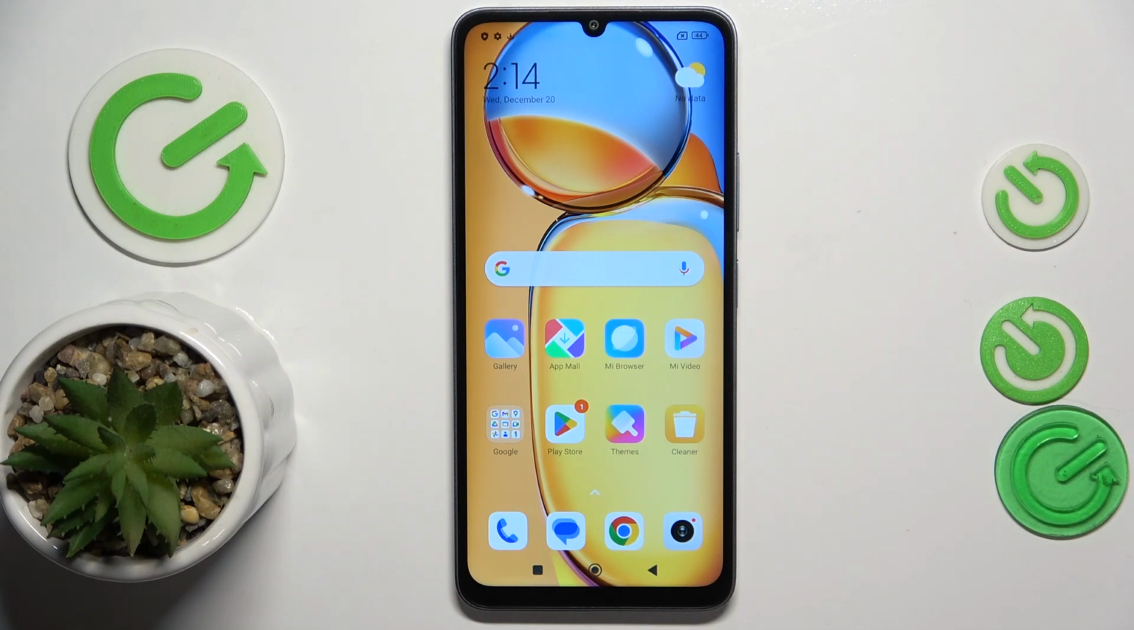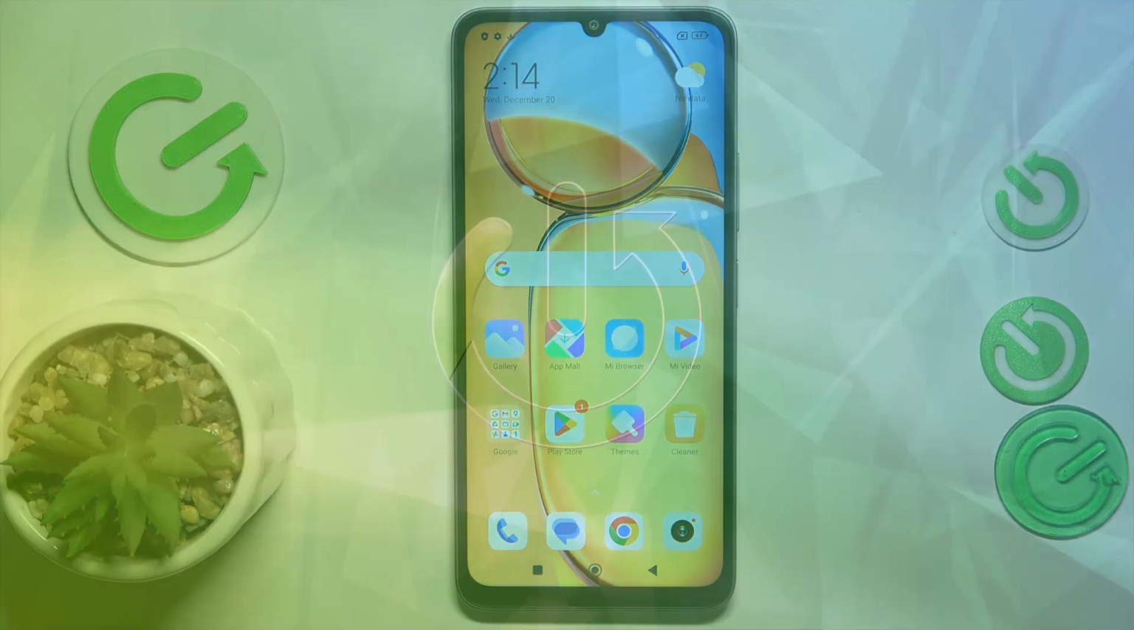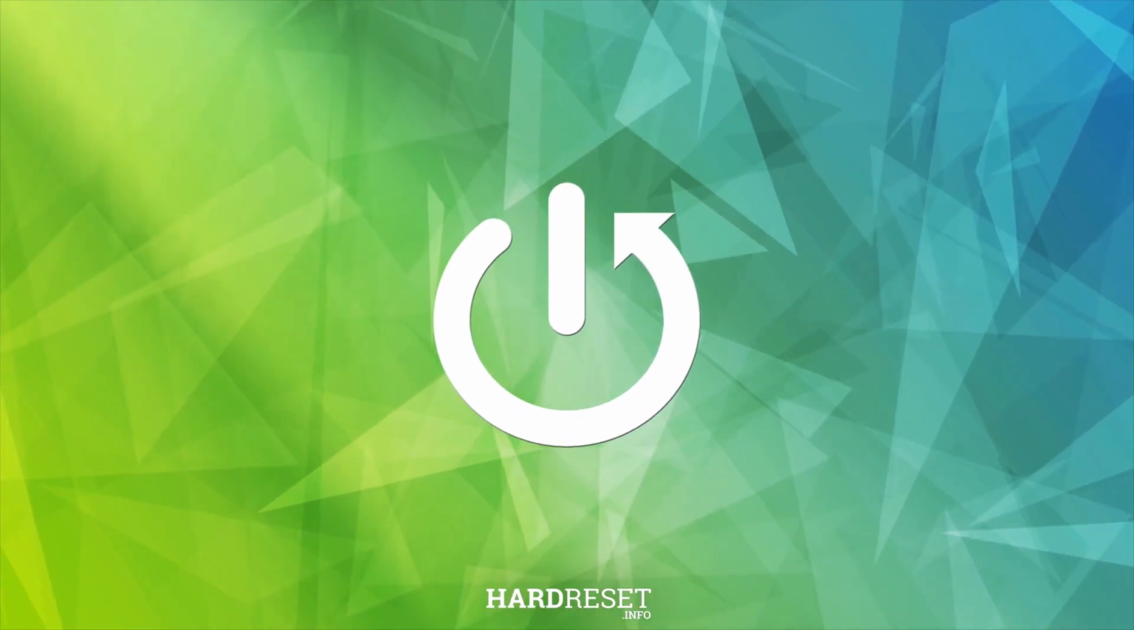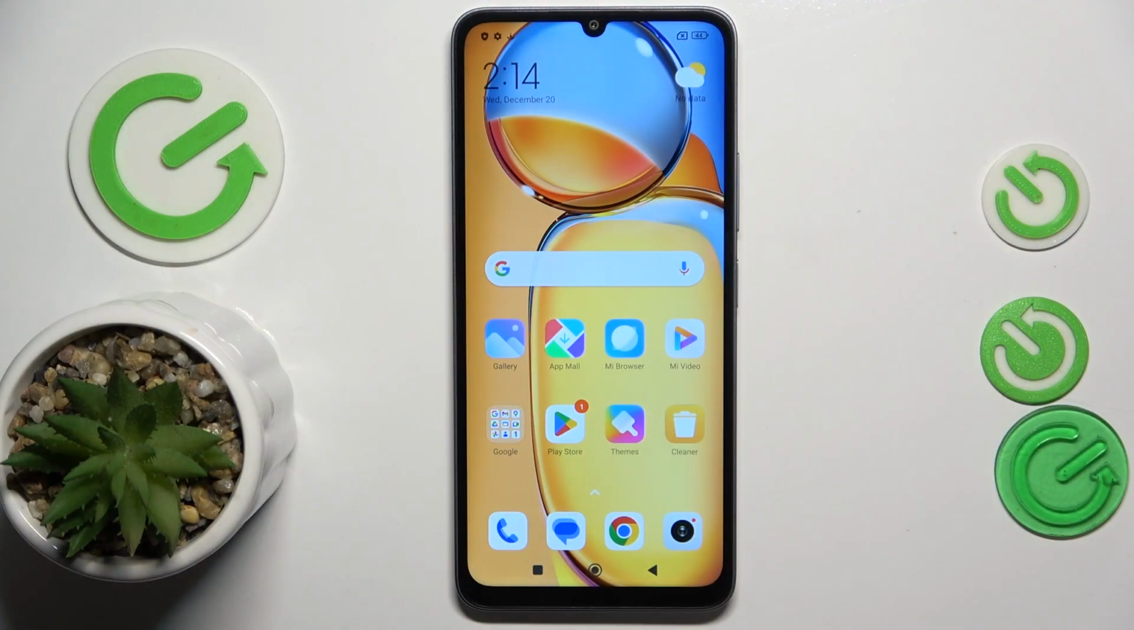This is Xiaomi Redmi 13R, and today I will show how you can factory reset this phone through settings. Before we start, please keep in mind that factory resetting your phone is a process that results in the